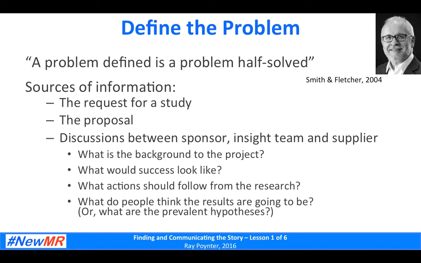And we should collect, what do people think the results are going to be? What does the agency think? What does the client think? What does the end client think they're going to be? What are the prevalent hypotheses? Because we're going to use this information to, first of all, ensure that we test and validate all of these assumptions. We are going to probably disprove some of these assumptions, and we need to know that we're fighting against entrenched views when we do that. We're going to assess the results on a spectrum from good to bad, and this information is really useful for helping create that spectrum.